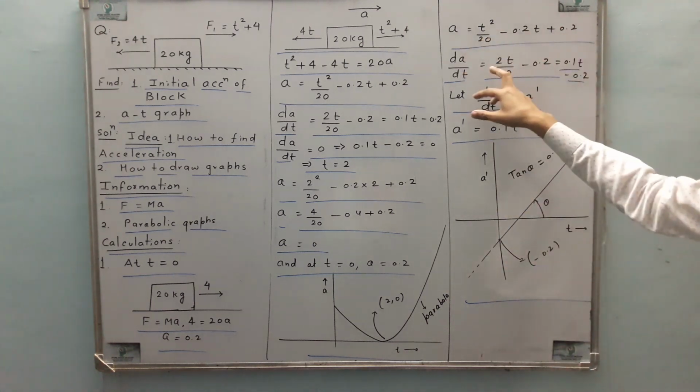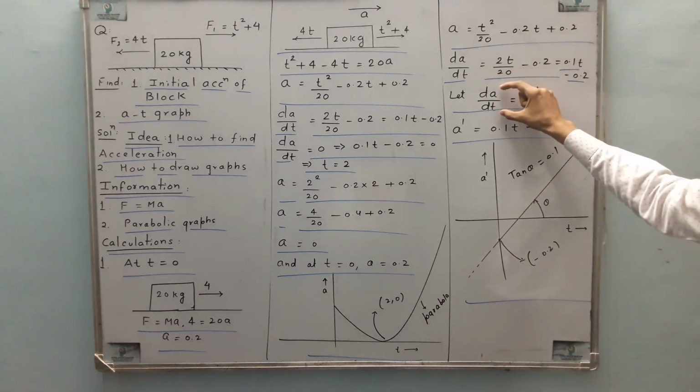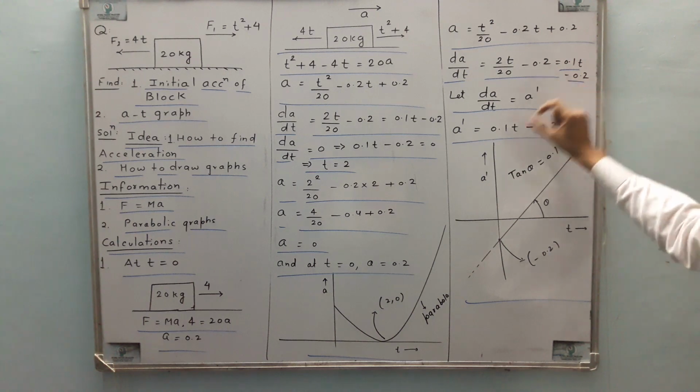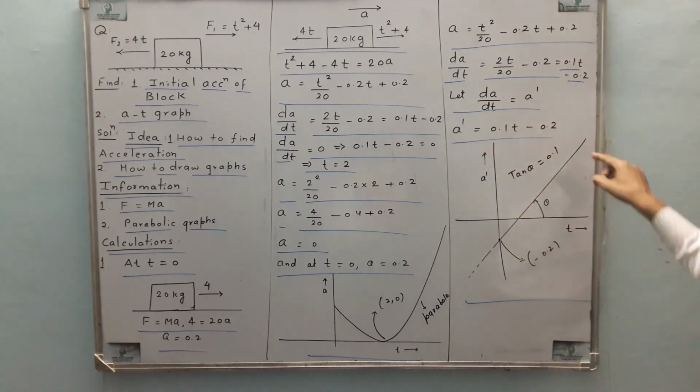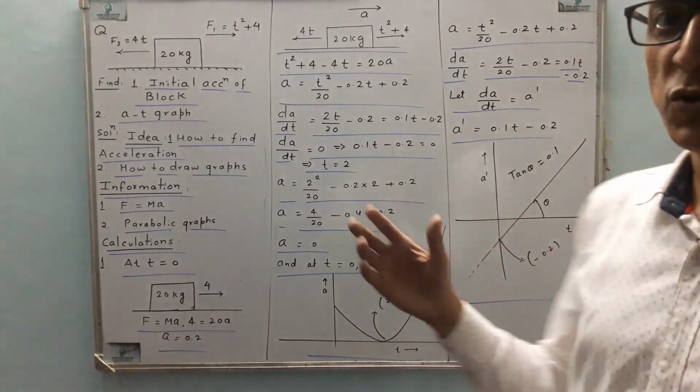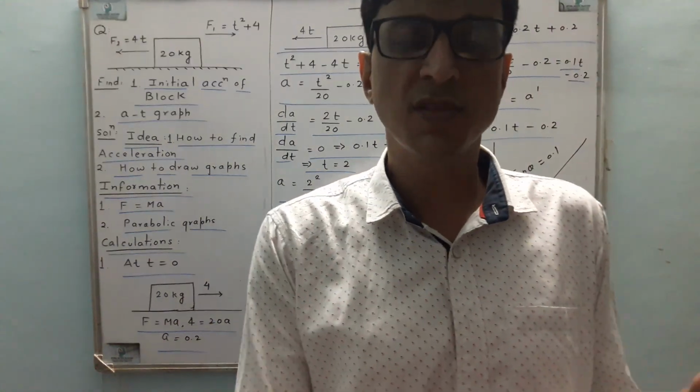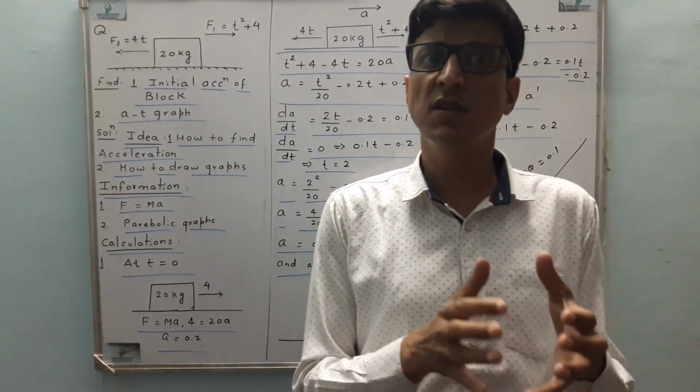So a is this, da by dt is equal to this. So I suppose that da by dt is equal to a dash. So I can write a dash is equal to 0.2t minus 0.2. The graph will be a straight line, having intercept minus 0.2 and having slope 0.2. So you have seen that if your process is very clear, the 4 processes are synchronized,